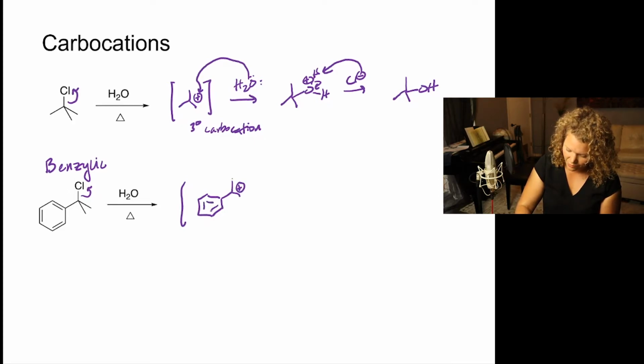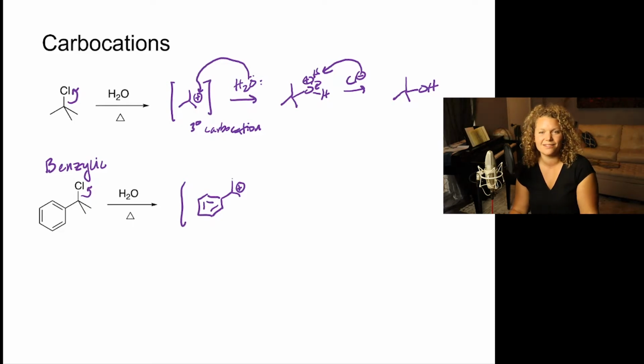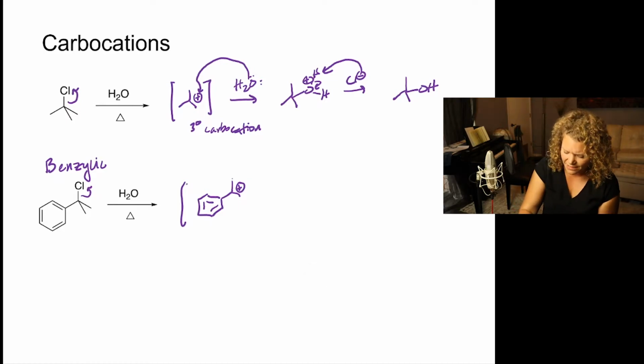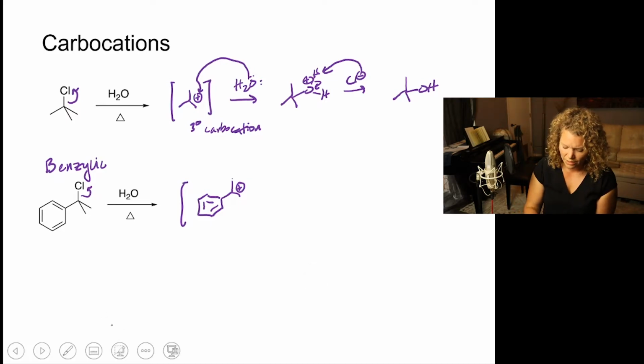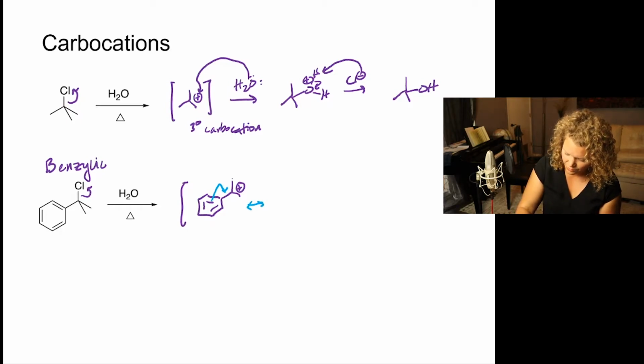Now, one thing you'll notice about this carbocation, we're going to use some of what we had practiced in our last unit with electrophilic aromatic substitution reactions. You'll notice that we have a positive charge here, and it's directly attached to a benzene ring. We can utilize a lot of the same resonance structures that we drew in our last unit. I'm going to use blue as a different color here as we look at the resonance structures. You can imagine that